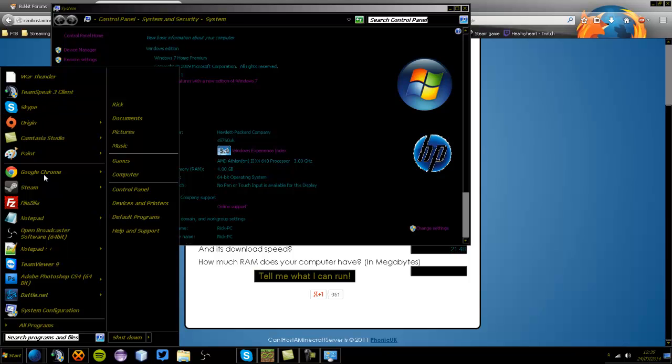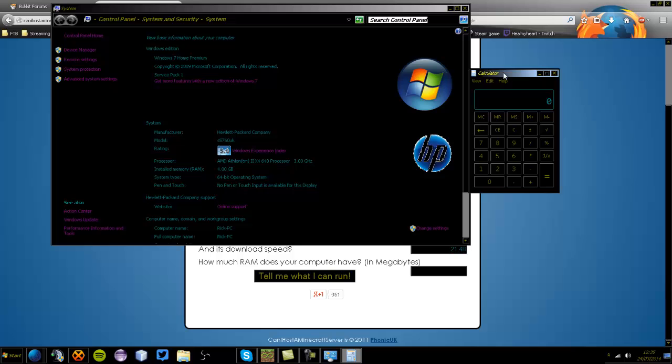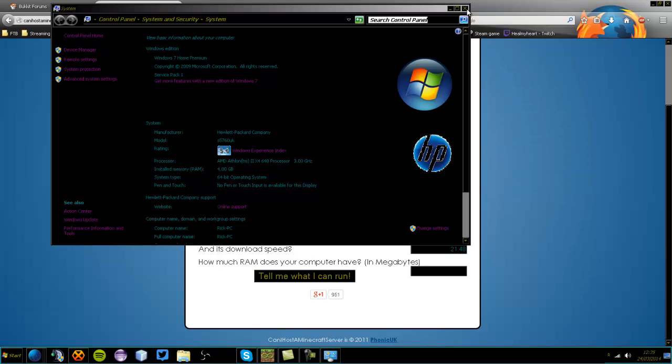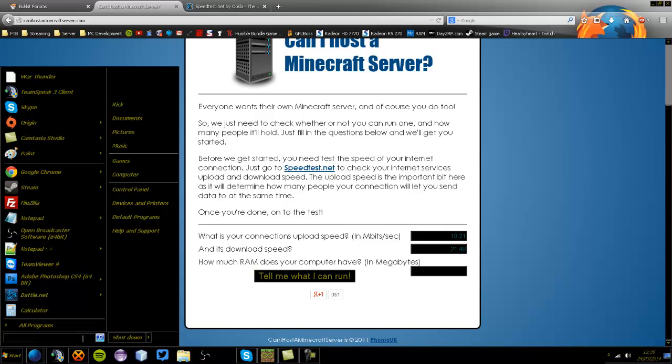Now to do that, you can actually just use the calculator, and it's 1024 megabytes, because computers work in binary, per 1 gig. So we times that by 4, 4096 megabytes. Okay, now the other way to do this is go to your start menu, and in your search bar just type